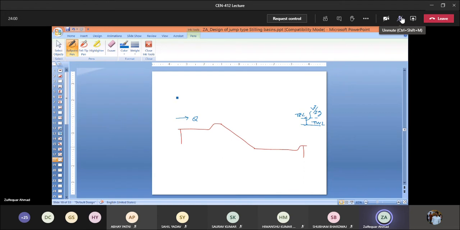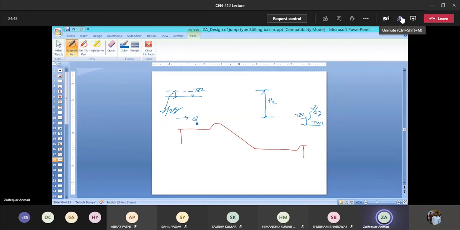Likewise, in the upstream you have this depth of the flow, and you have here the total energy in the upstream. This is the PEL in the upstream. Here this is the V square by 2g. Of course, this V square by 2g is different from this, because this is of upstream and this is of downstream. And this difference of the upstream and the downstream total energy comes out to be HL. HL is the loss.